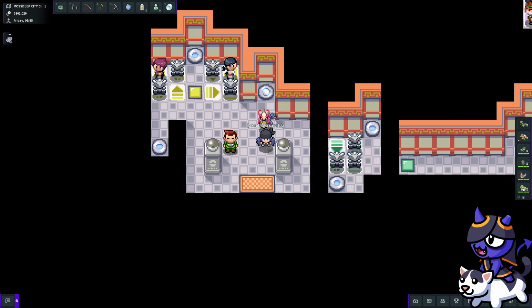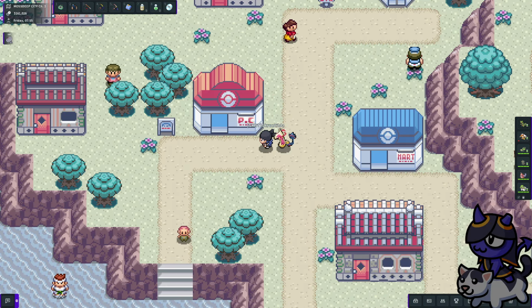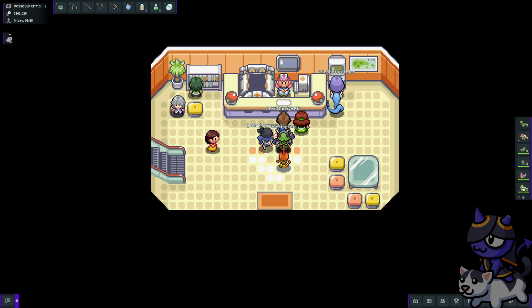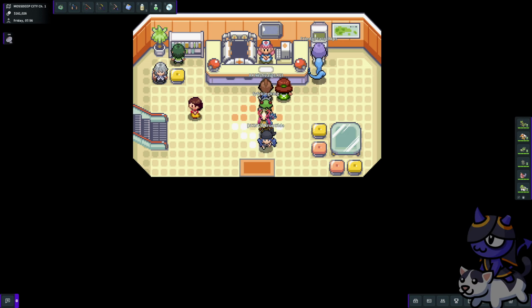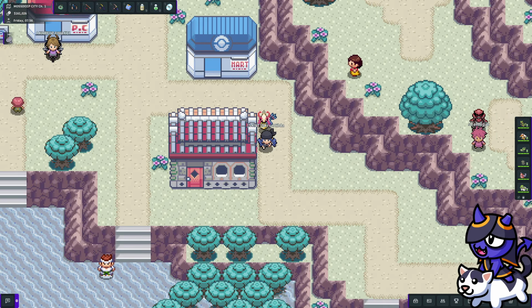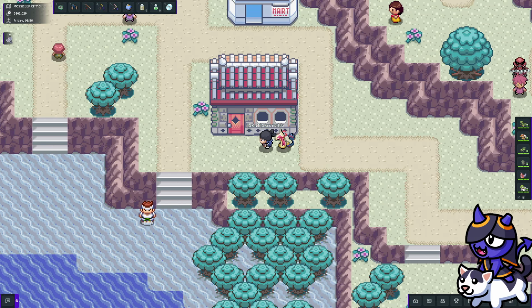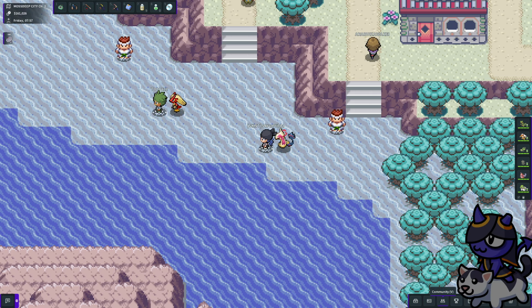I honestly don't remember. They were a pushover in the originals, if I recall correctly. Didn't they only use Solrock and Lunatone in the original? I think so. I remember them having a Xatu, but then I like Xatu, so I would remember that. I think I'm gonna go fight the trainers on the route because they're kicking my ass in that gym. Fair. Although to be fair, the level cap is level 44. My Blaziken is 42. So...